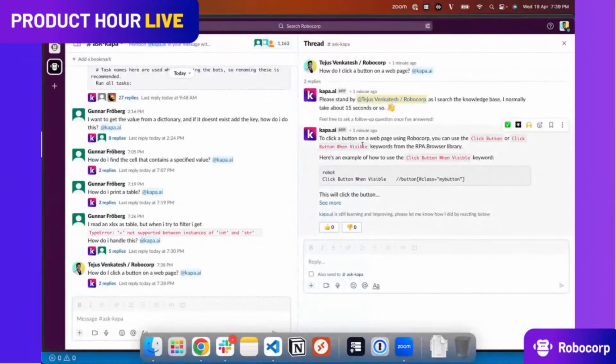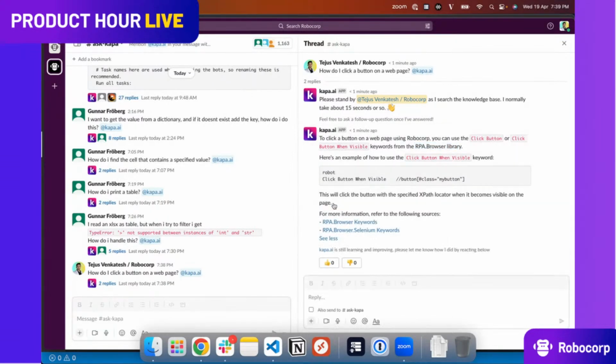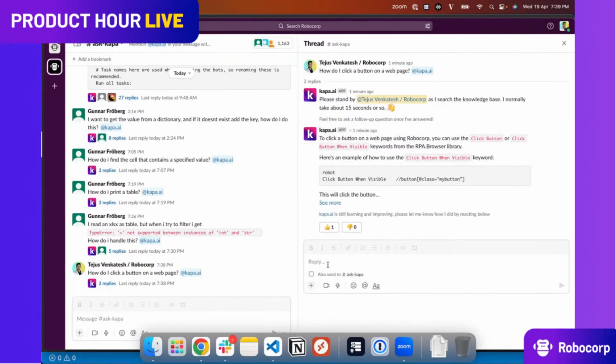To click a button on a web page using Robocorp, you can use the Click Button or Click Button When Visible keywords. Both of them are from the RPA.Browser.Selenium library. There is also an example and more references. If you think this answer is helpful, you say it was helpful. Otherwise, downvote it.